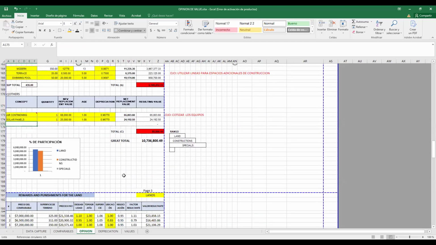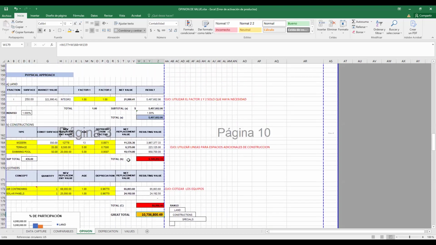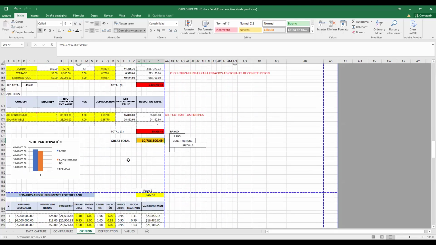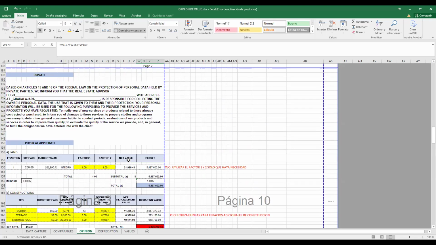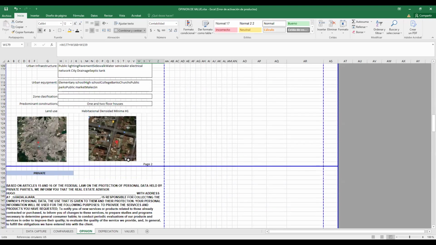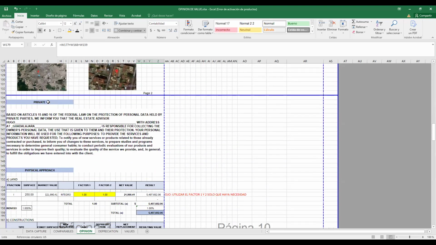And here we have the price with the physical approach. Remember to fill all that. Remember the private announcement?